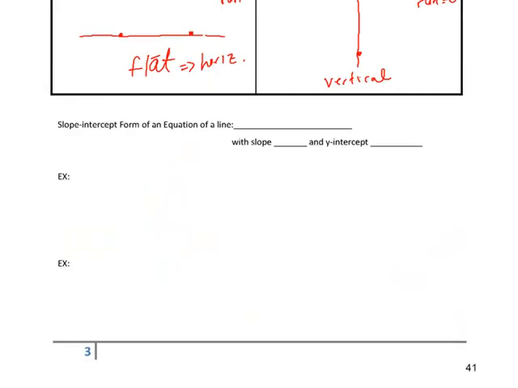There is another form that the equation of a line can appear in, where you can just look at the equation and identify both the slope and the y-intercept of that line. It's something called the slope-intercept form. We had the standard form before. Now we have something called the slope-intercept form. That just means things have been rearranged, and whenever your equation is solved for y, the number in front of the x is going to be the slope, and then the number that doesn't have an x in it is